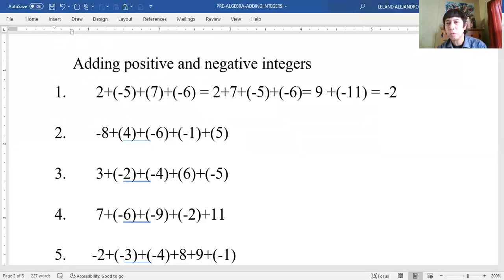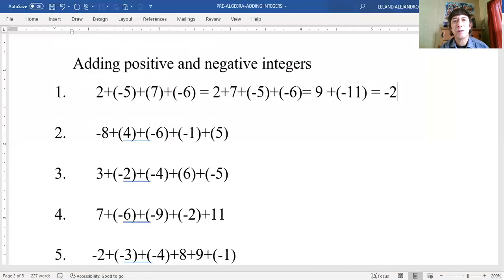Again, how did we get 2? It's the difference between 11 and 9. And that's 11 minus 9. That's the difference. And then we shall choose the sign of the greater number in magnitude, which is the 11, which carries a negative sign. So after getting the difference of 11 and 9, which is 2, we will take on the negative sign because 11 is greater in magnitude compared to 9. So the sign of the 2 is negative. So I hope you were able to get the rule in adding positive and negative integers, and we shall continue